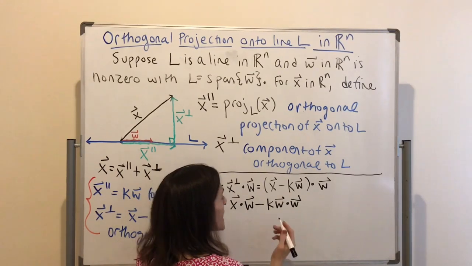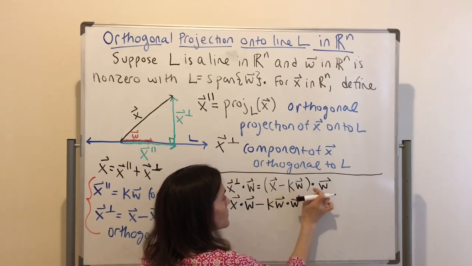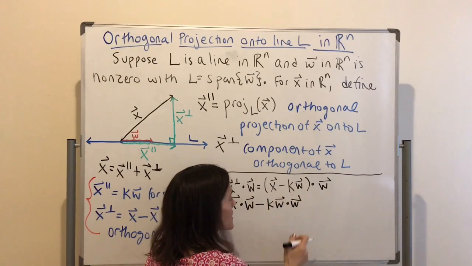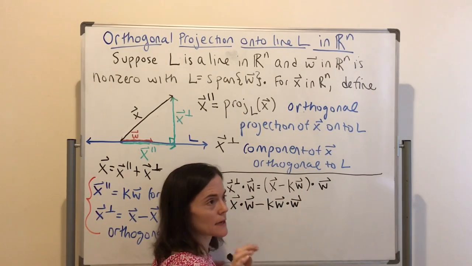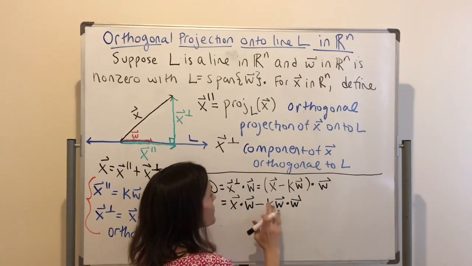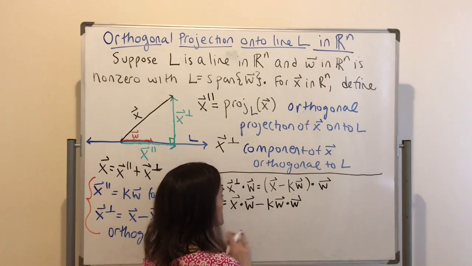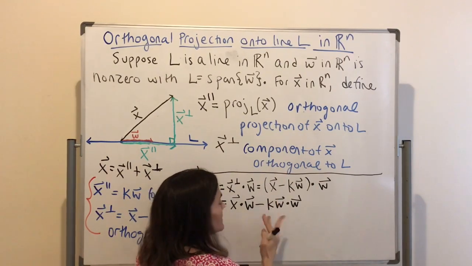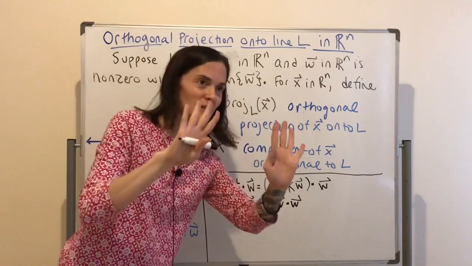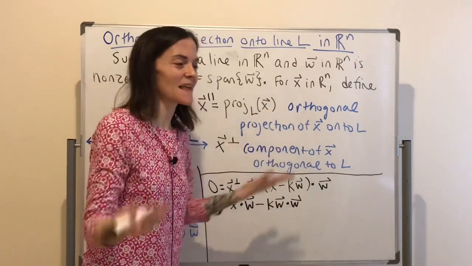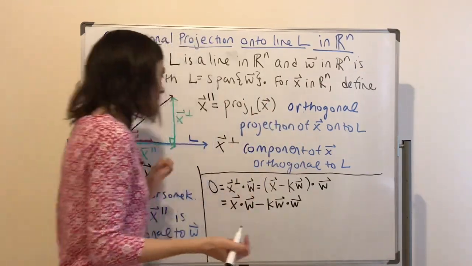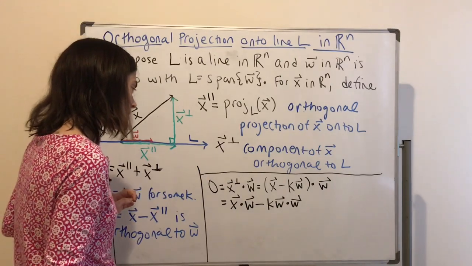Okay, and technically this is K W dot W. I have parentheses here, so I have used two of those three properties, and maybe all three. The first one is that you can take a dot product this way or this way. We use that all the time without even thinking. In any case, you see I'm ready to solve for K.